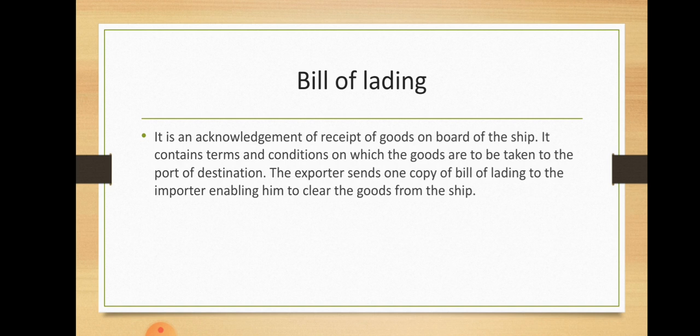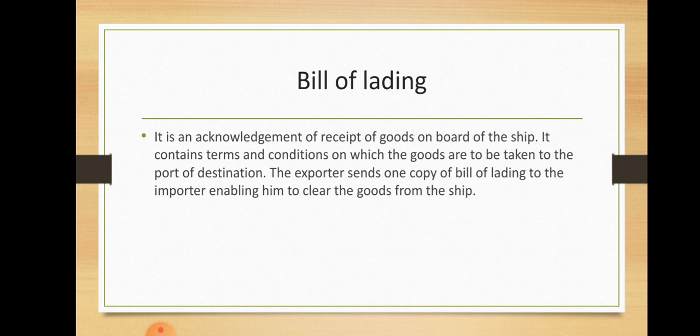This bill of lading is prepared by the ship owner or the master of the ship, and he prepares only the list of the things which are going to be carried on the ship. It contains the terms and conditions on which goods are to be taken to the port of destination. After that, a slip from the ship owner, meaning the ship owner has seen all the things and has made a list of the things which he has loaded.